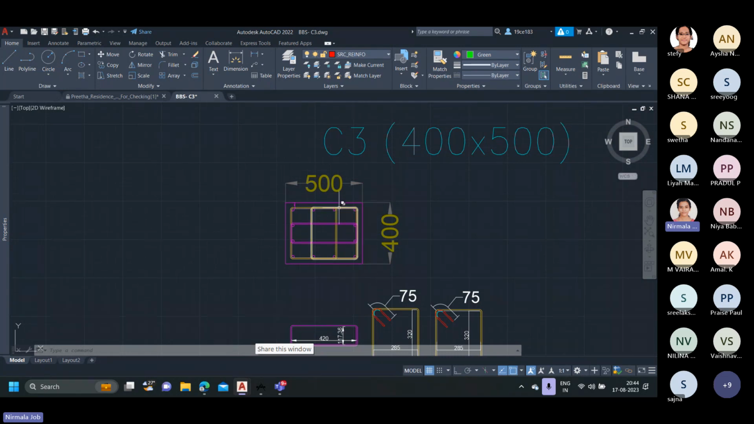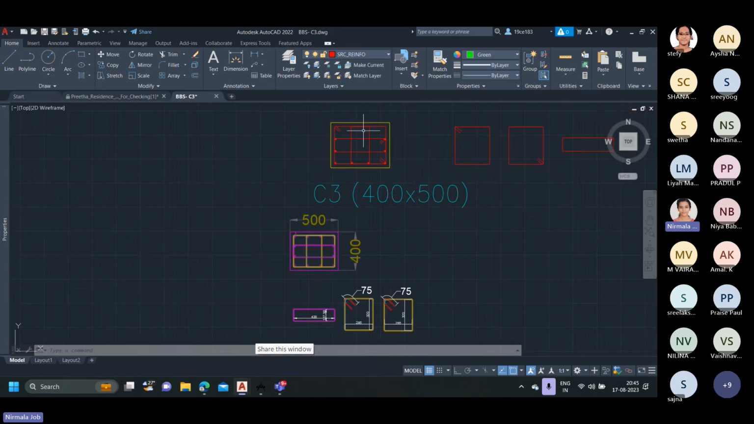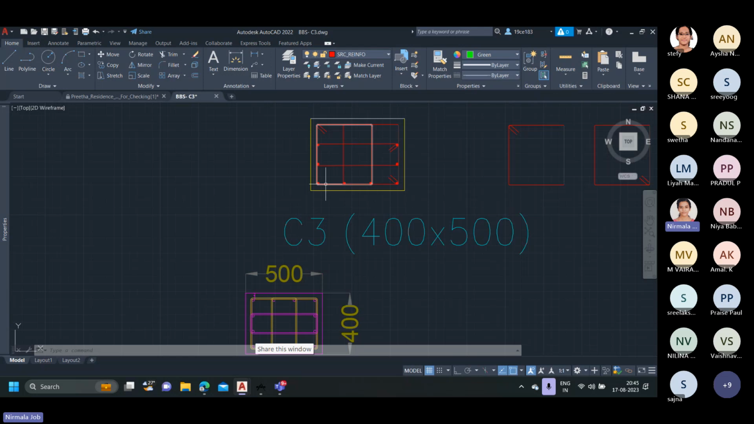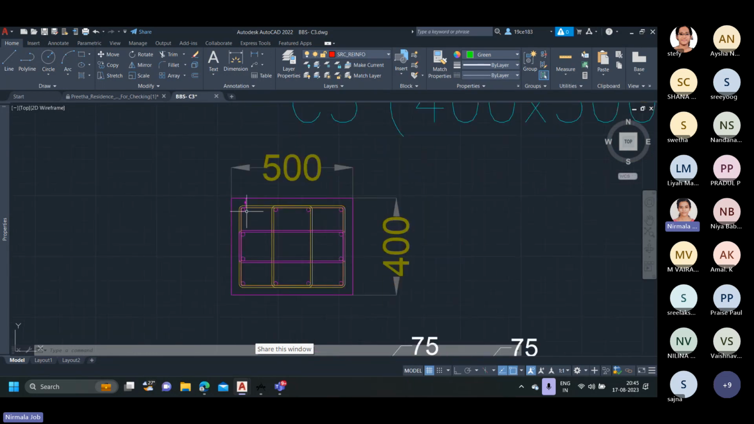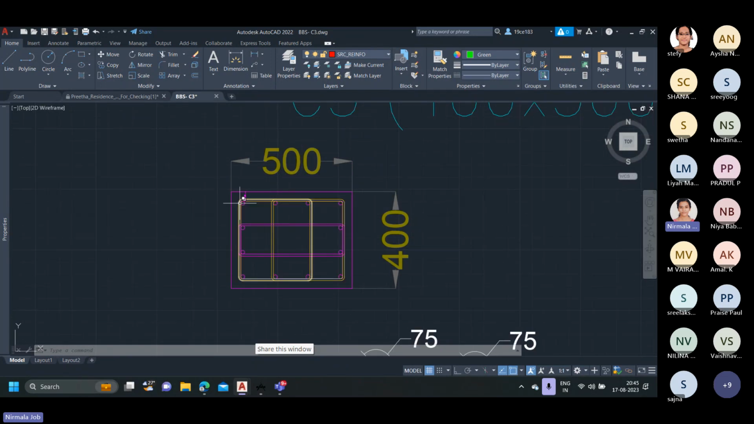and after offsetting the cover, we get an inner rectangle. In that inner rectangle, after deducting the cover, we can count the number of main bars: 1, 2, 3, 4, 5, 6, 7, 8, 9, 10, 11, 12. So we have 12 rebars, and these 12 main bars have to be drawn like this. After manually dividing the entire span into 3 different spaces, we can draw the rebars as shown in this figure. And after drawing the main bars, we can draw the stirrup around the main bars as shown